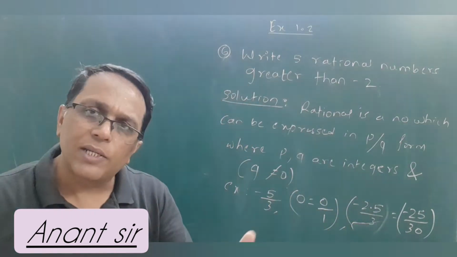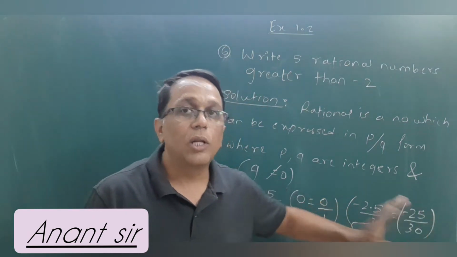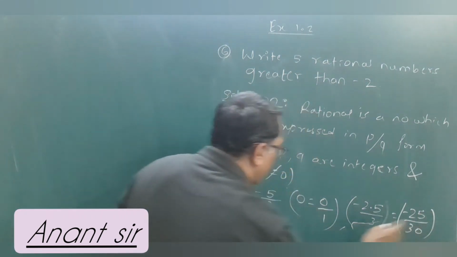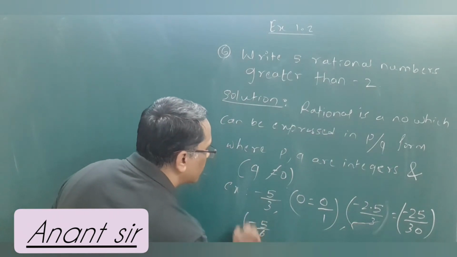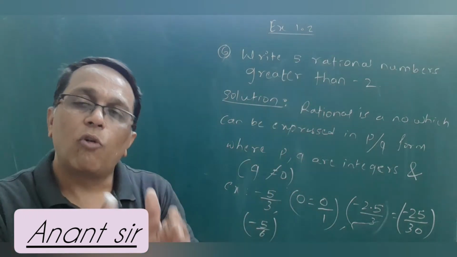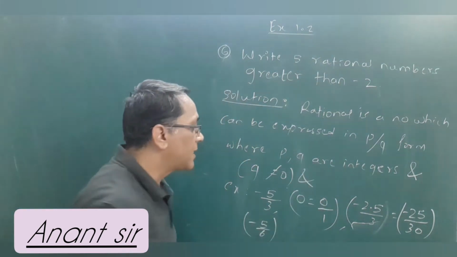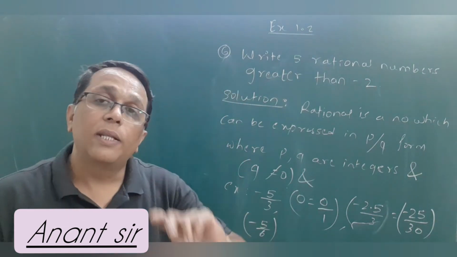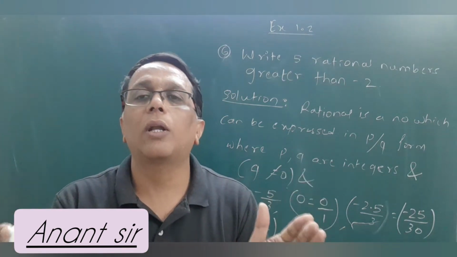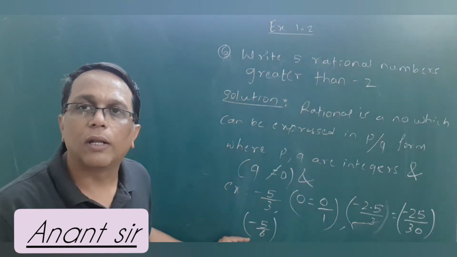I can make it simplest form also. 5 5s are 25, 5 6 are 30. But this is also a rational number, but you have to make it the simplest form. This is very important. Okay, so when I make it the simplest form, that number will become minus 5 by 6. So what is a rational number? A number which can be expressed in the form of P by Q, where P and Q are integers, denominator not 0, and as I said, they should be in the simplest form. That means they should not have any common factor other than 1. See here, 5 and 6, the common factor is only 1.